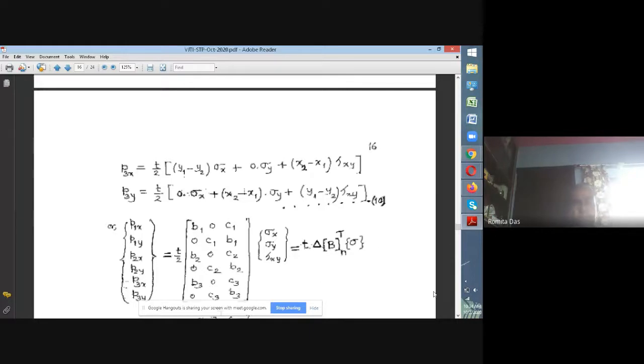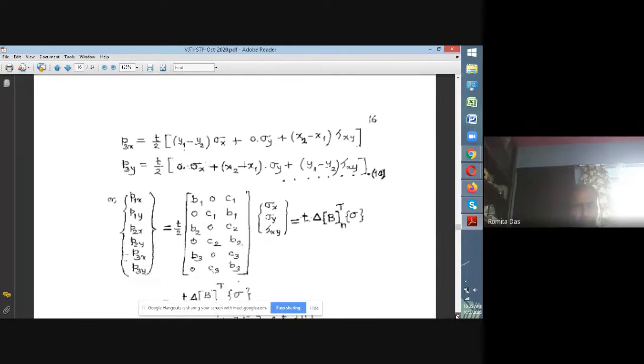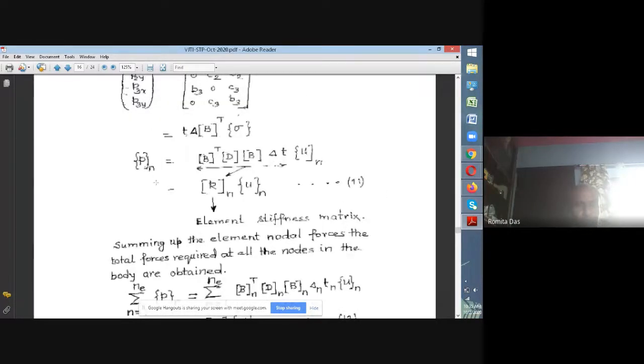So this relationship is extremely important. It comes from the consideration of the loads at the nodes that are to be applied to generate a displacement at the 3 corner nodes, U1, U2, U3 and V1, V2, V3. So this nodal load displacement relationship is fundamentally very important in finite element, and you can obtain it from the strain displacement matrix B, the stress strain matrix D, and the displacement at the node. So this is the element stiffness relationship.